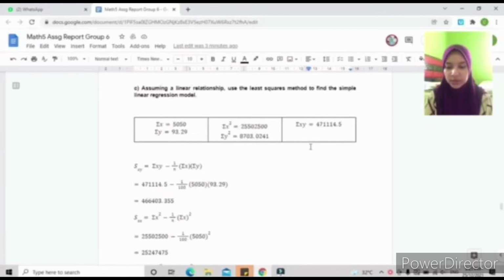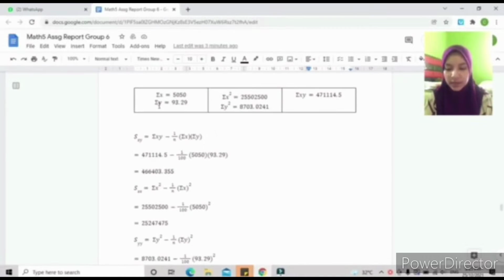So for question C, assuming a linear relationship, use the least squares method to find the simple linear regression model. So in the box, this is the total of x, 5050, total of y equal to 93.29. The total of x squared is 2,550,2500. The total of y squared equal to 8703.0241, and the value of the total of xy is